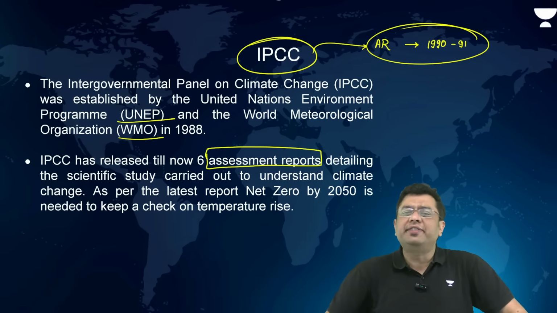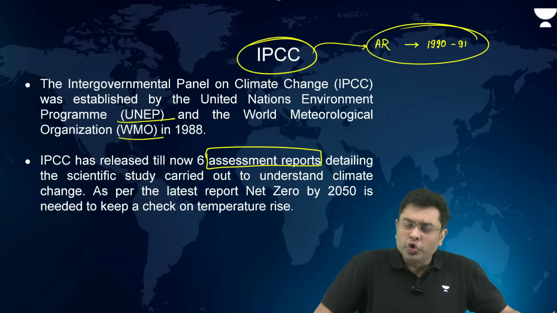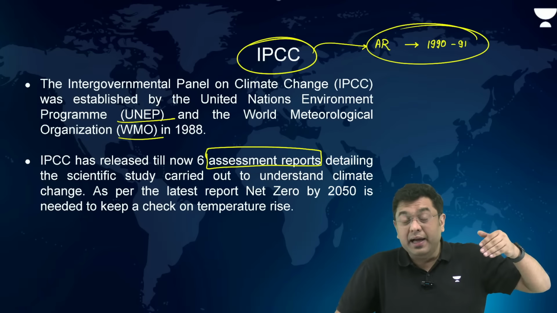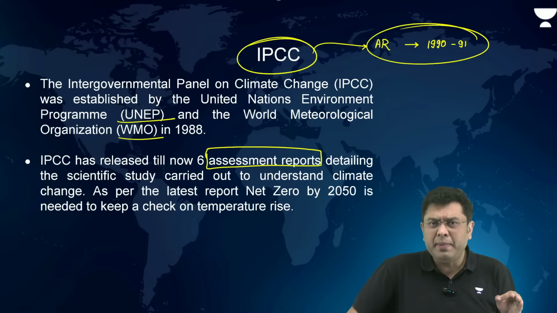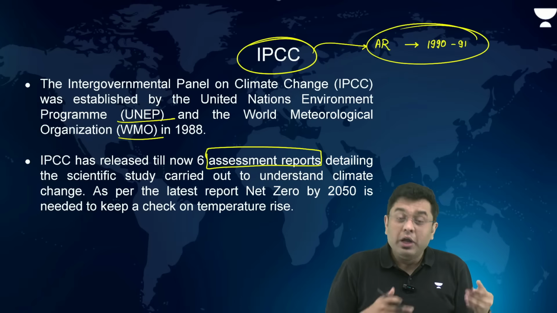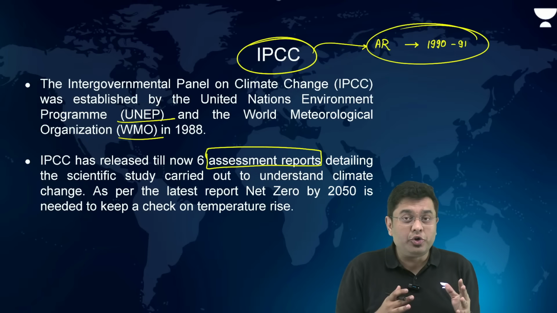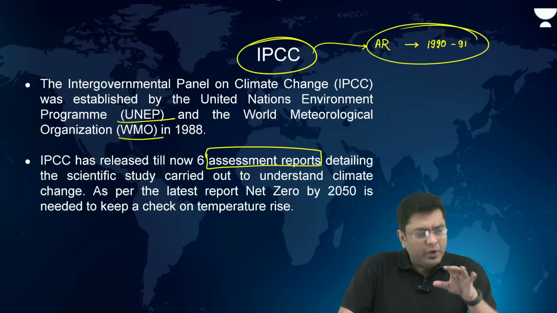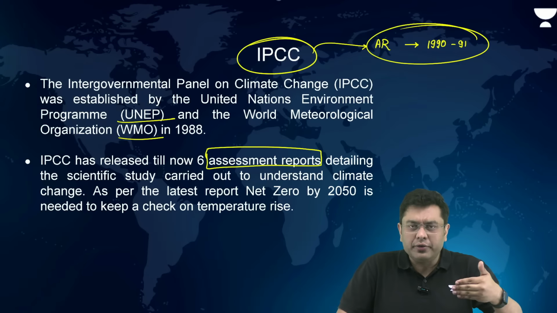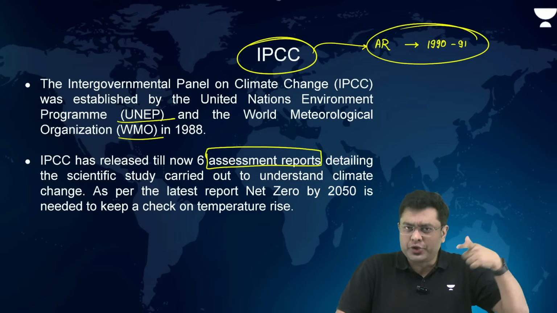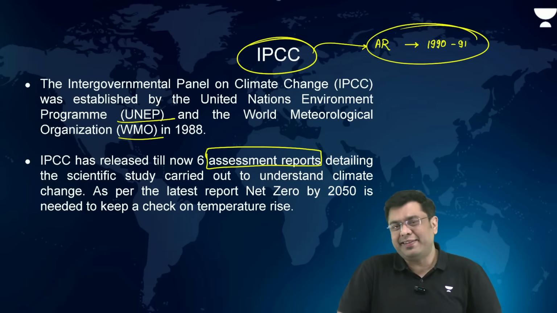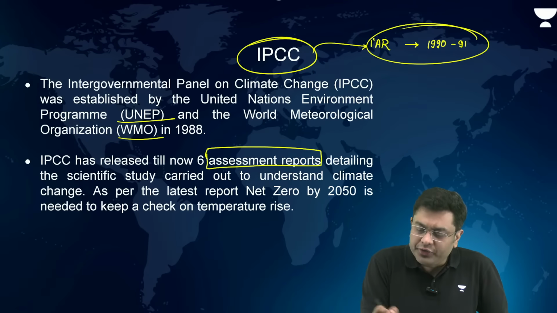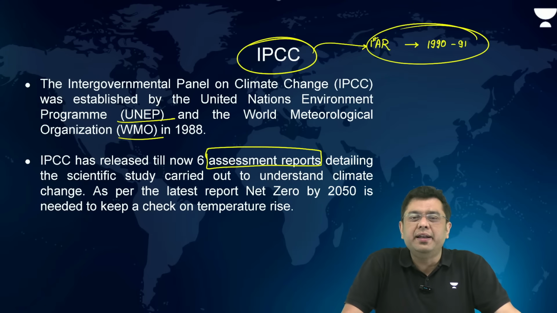Because think about the decision makers in any country. Do you think they will be able to actually fathom these scientific readings and scientific metrics? They need a broader outlook about what is happening and what is the decision to be taken. So that is the report for policymakers. The assessment report is released in a couple of years. It takes almost around 6 to 7 months for the entire assessment report to be released. So the first assessment report was released in 1990 and 1991.